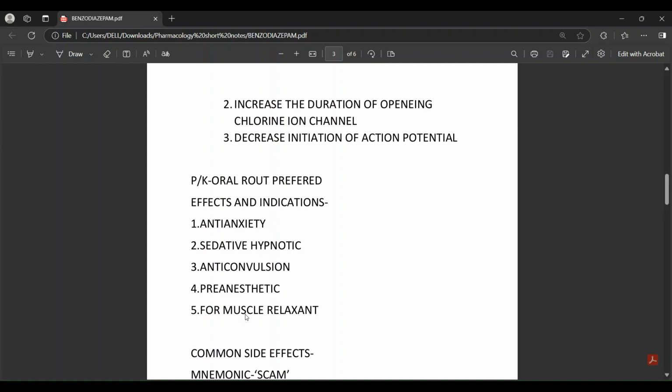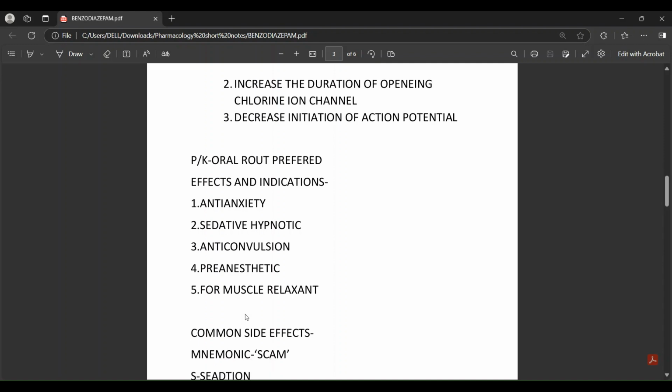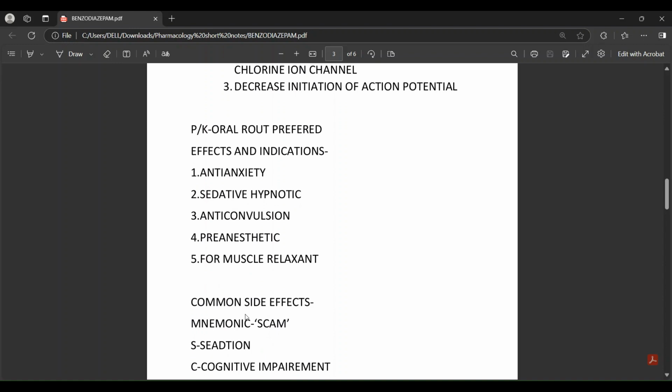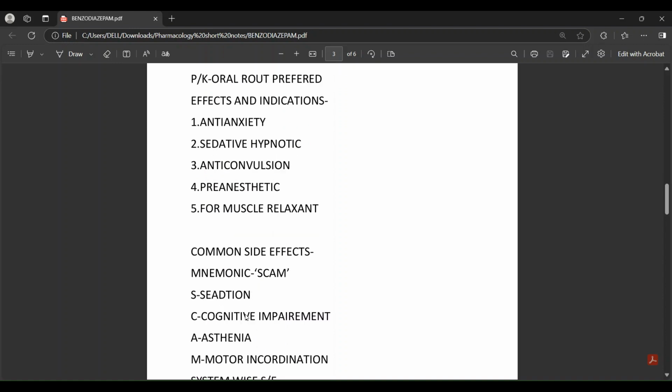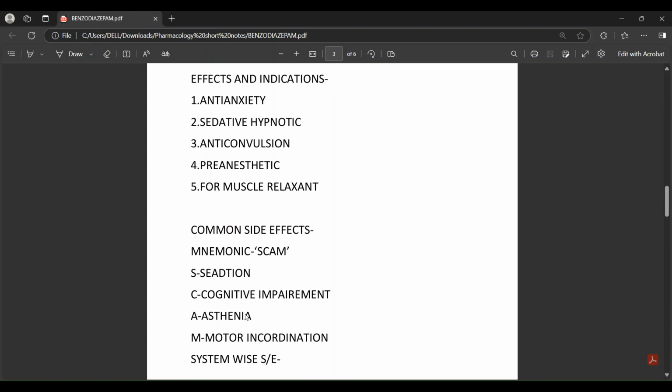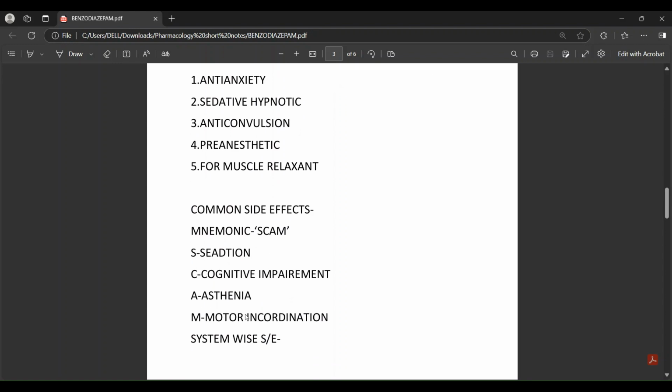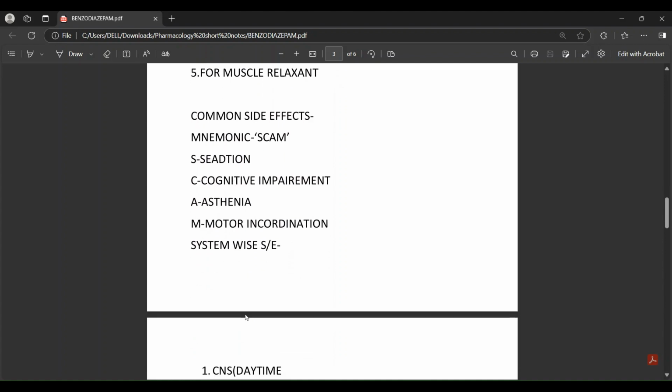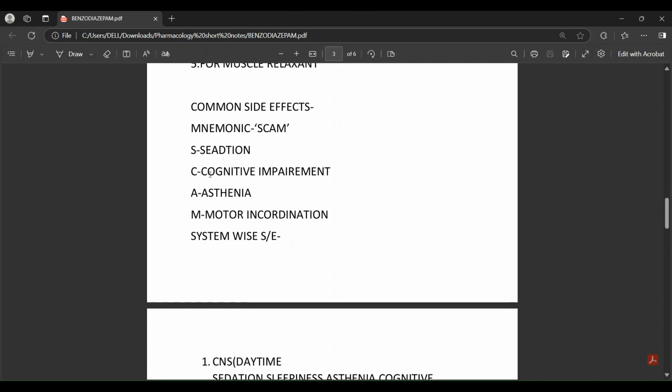If a patient has anxiety, we could recommend benzodiazepine. If a patient cannot sleep, as a sedative and hypnotic we could prescribe benzodiazepine. Also as an anti-epileptic drug, as pre-anesthetic medication in general anesthesia, and as a muscle relaxant. Common side effects are sedation, cognitive impairment, asthenia, motor incoordination, and dependence,